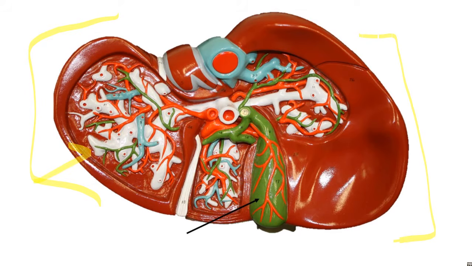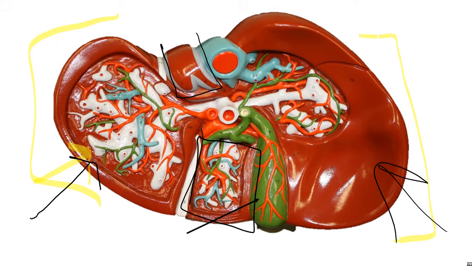So if I were pointing to this, it would probably say, identify the lobe of the liver. You can just say right lobe. And if this side over here is the right, that makes this other side the left. So this one over here would be the left lobe. The other two lobes, there's one right here, and then there's one right here. This one up right here is the caudate lobe,